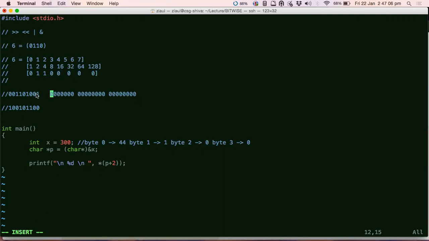Yes, sir. And the rest of these values are 44. But the problem here is you cannot store a 9-bit value in your memory. It has to be broken into 2 bytes, because in one location of your memory you can store only 1 byte. You cannot store 9 bits, right?